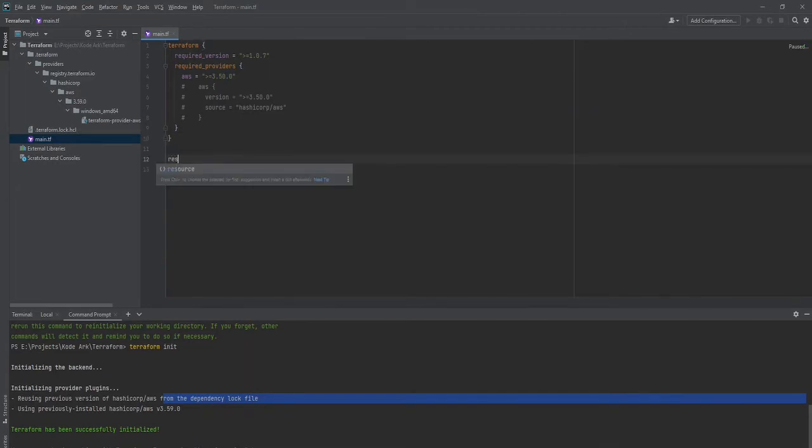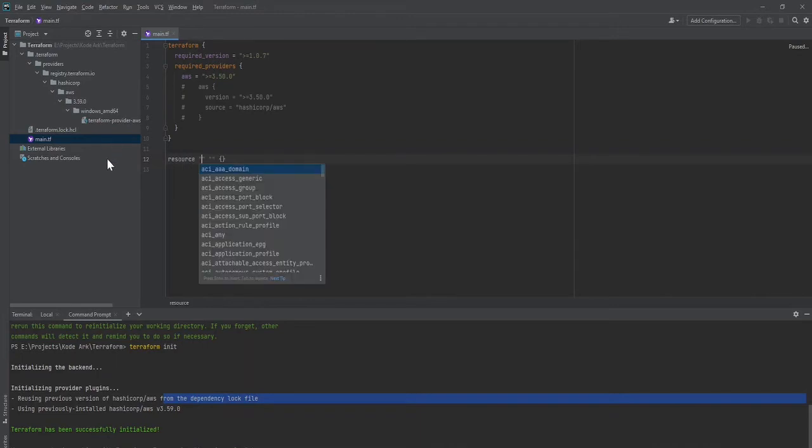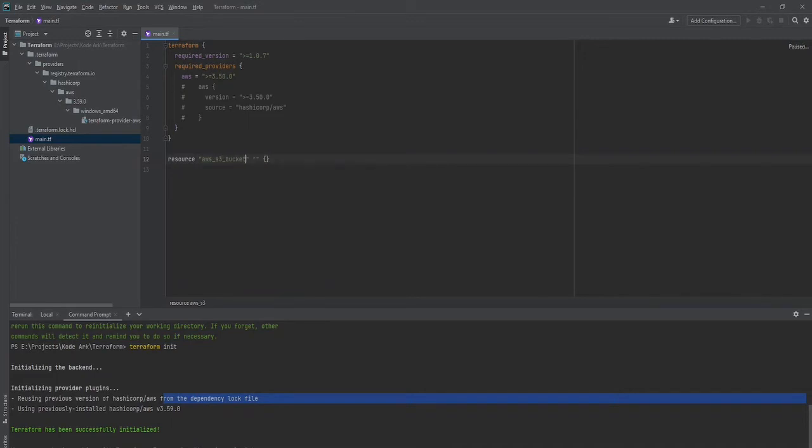The resource block, as you know, starts with resource, then the name of the API; the IntelliSense we already get. So what I'll say is aws_s3_bucket and the name of the identifier. You can say this, or you can say primary, as per your choice.